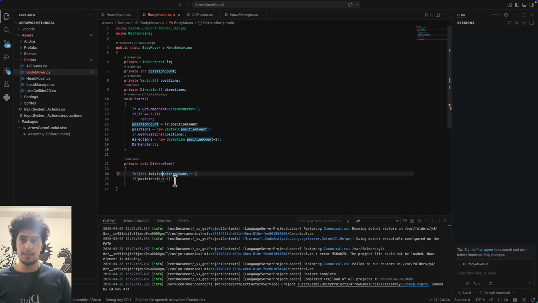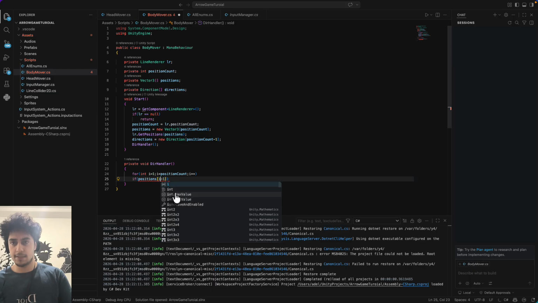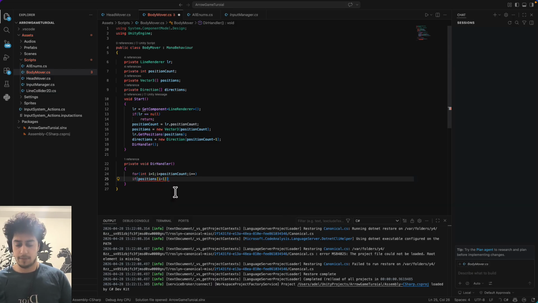So it's better to do this and check with I -1 versus I plus 1. Or you could start from 0 but go to position count -1 and check with that method. Okay, if position I minus 1 x is equal to position I x,